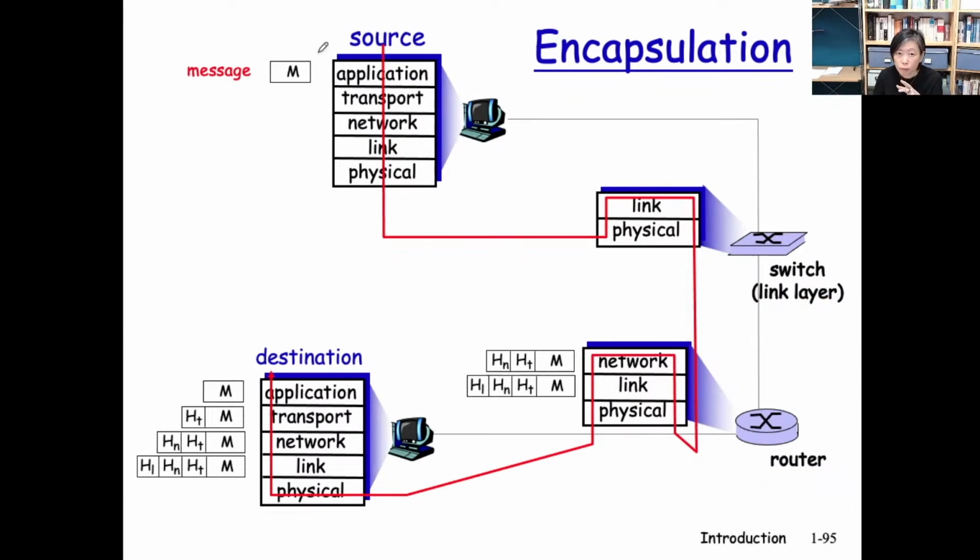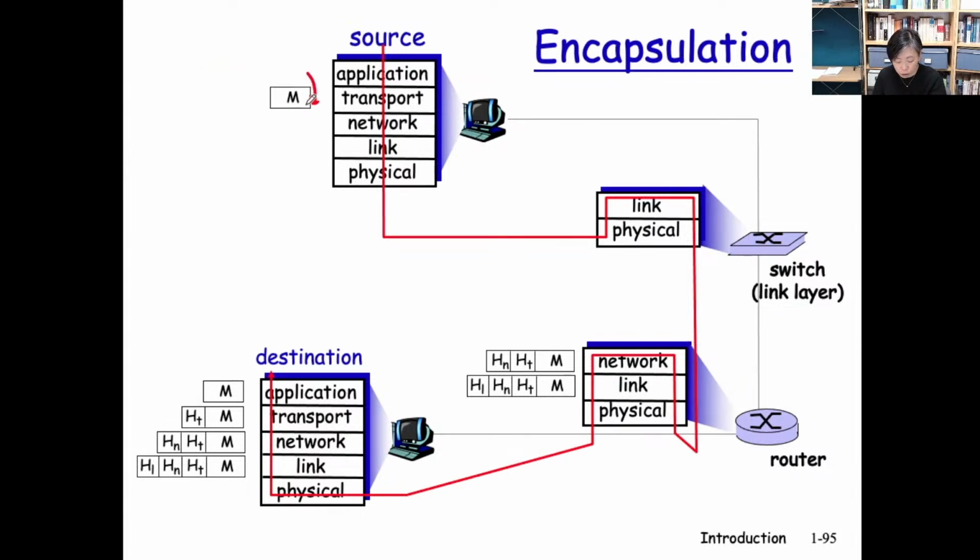All right, now walk with me and let's see how the data gets passed down the protocol stack, out of a physical entity, and through the network, reaching the destination. The first step is this. One particular user is typing things up. So at the application layer, this component generates a message. A packet at the application layer is referred to as a message. The application layer component will pass the message down.